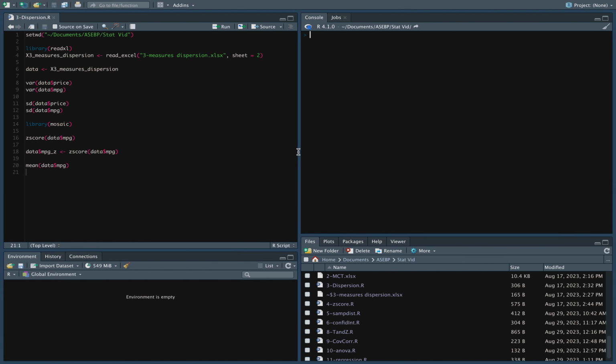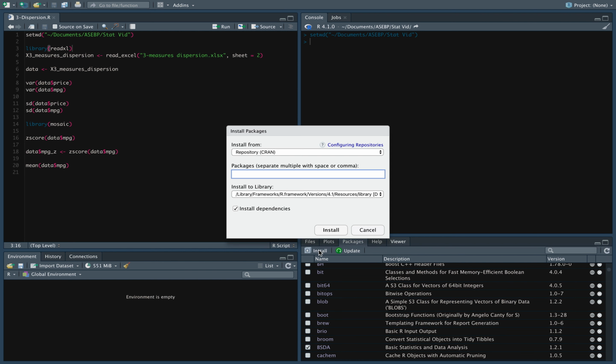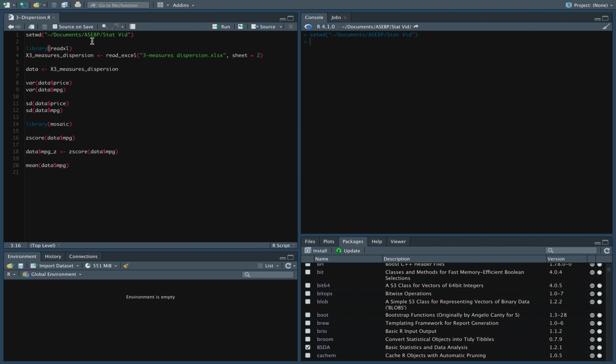So, if we want to take it over to R, what we're doing here is we're setting our working directory to where I have all the data for these videos stored. We're going to need some packages for this R command here. And one of them is the readxl package, which just allows us to take data from Excel and import it into R. So, once you go over to your Packages tab and install readxl using the install button here, you can run the library(readxl) line,